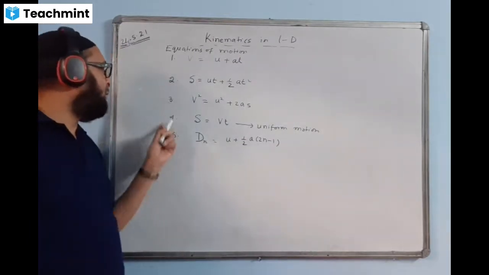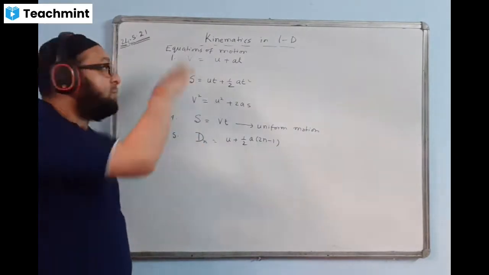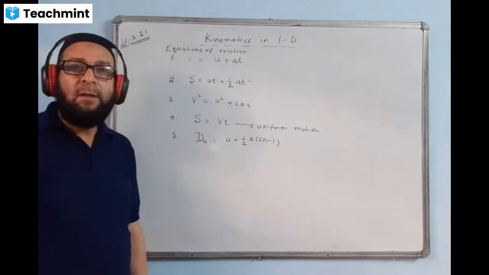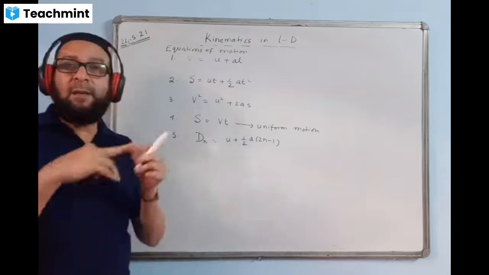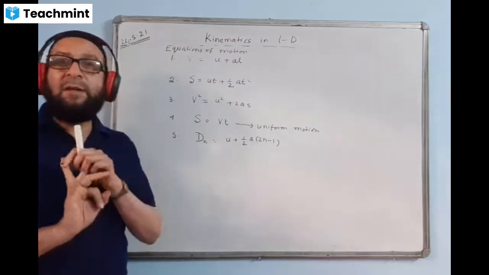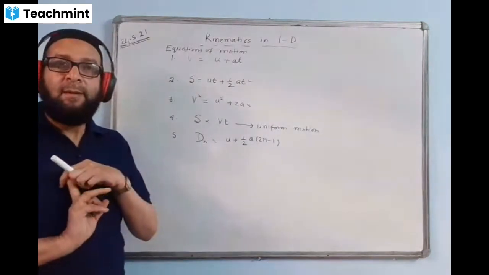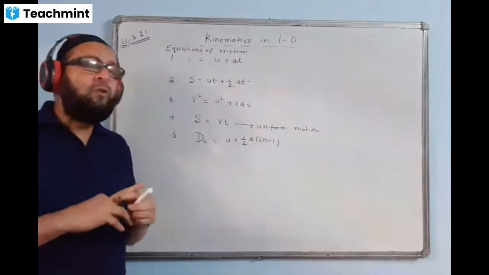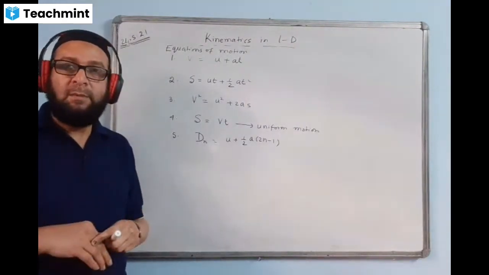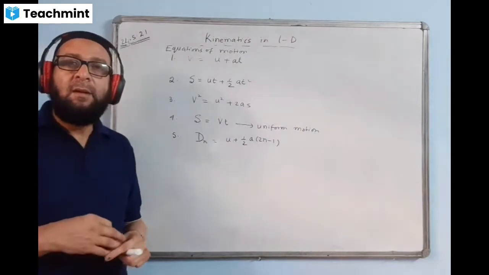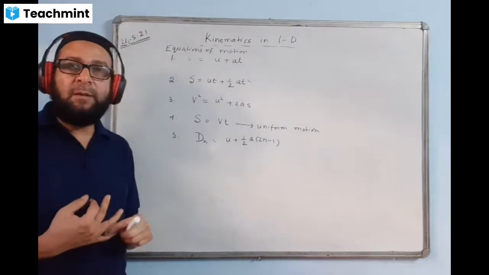Anyway, just see. These are the 1, 2, 3, 4, 5 formulas we have. I'll be proving these formulas one by one. To prove these formulas, we have three methods. The first method is the analytical method. The second method is the graphical method, where we'll use a graph. And the third method is the calculus method. You will be free to use any one of these methods to prove this. There are no restrictions, but I suggest you do it by the analytical method without using the graphical method.